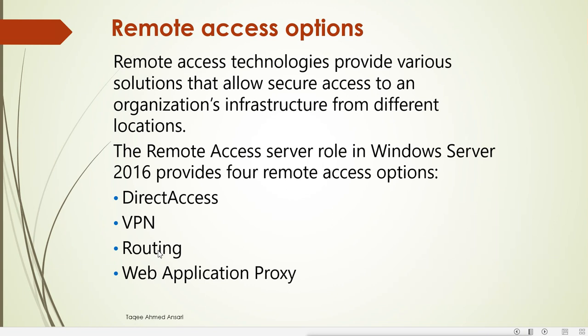That is routing information protocol, because the routing information protocol is the open source protocol, so we can use that protocol also, which will do the dynamic routing. So we can use our Windows Server machine as a router, can function like a router. Then also we can use it to configure the web application proxy.